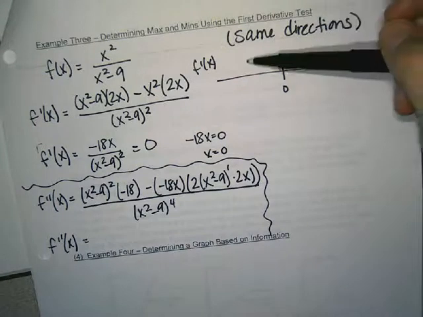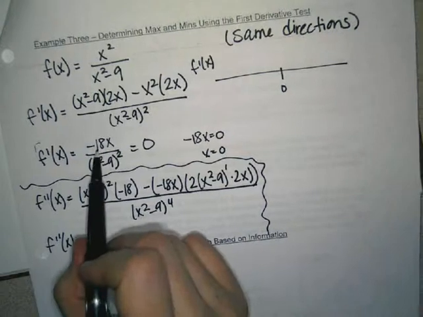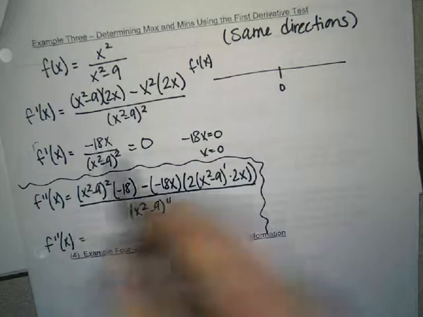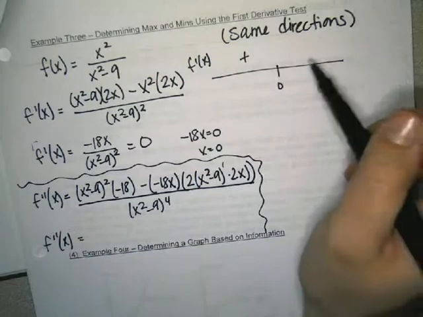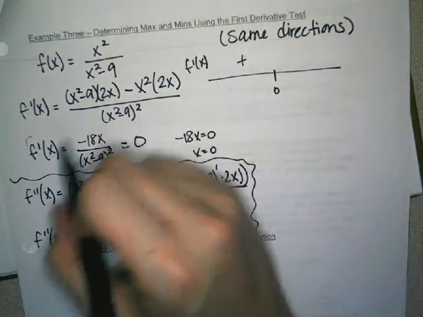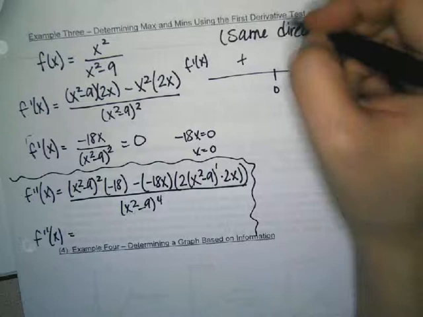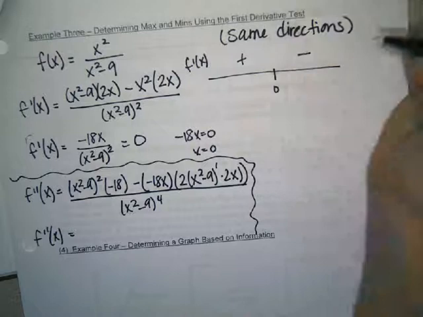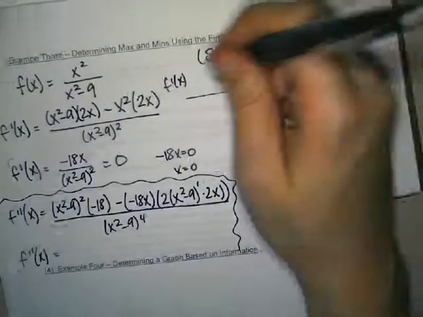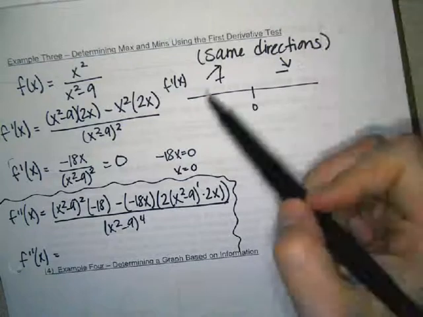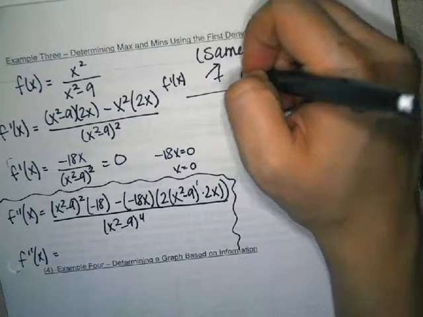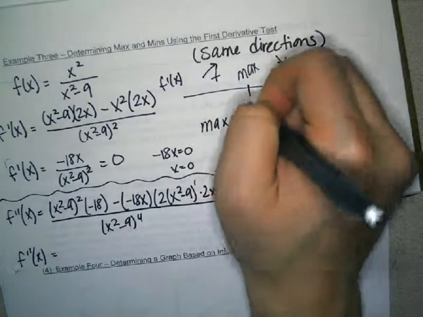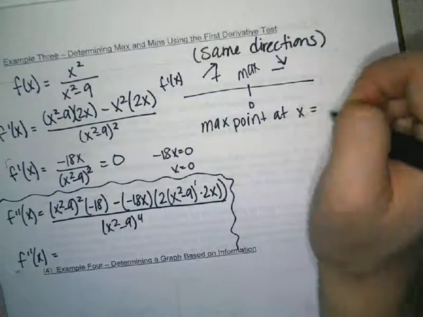If we plugged in negative numbers to the derivative here, the bottom will always be positive. But if we plug in a negative here, it would turn the whole thing positive. Over here, if I plug in a positive number, the top will be negative, the bottom will be positive, so we end up getting a negative. So this means increasing, decreasing. So something that's increasing and decreasing means we have a maximum point. So you would say we have a max point at x equals 0,